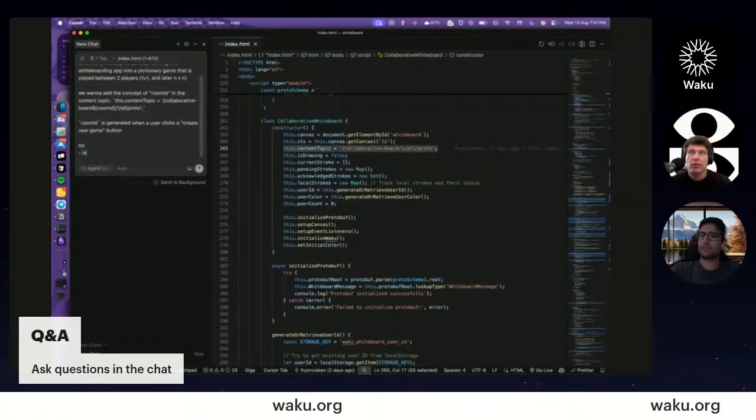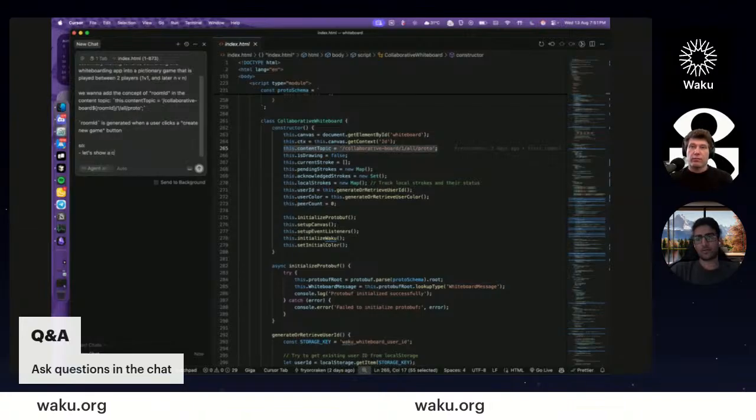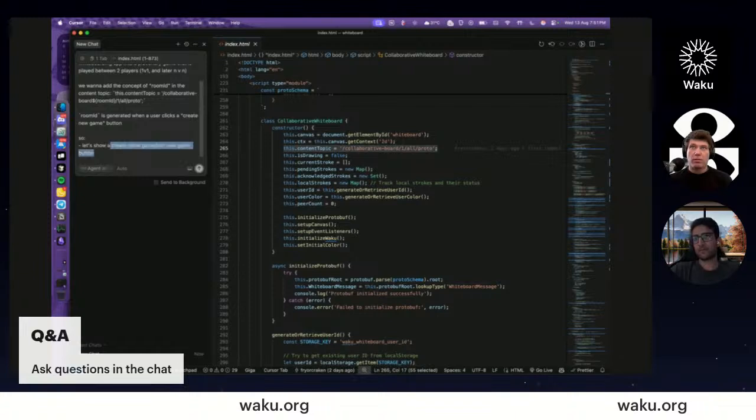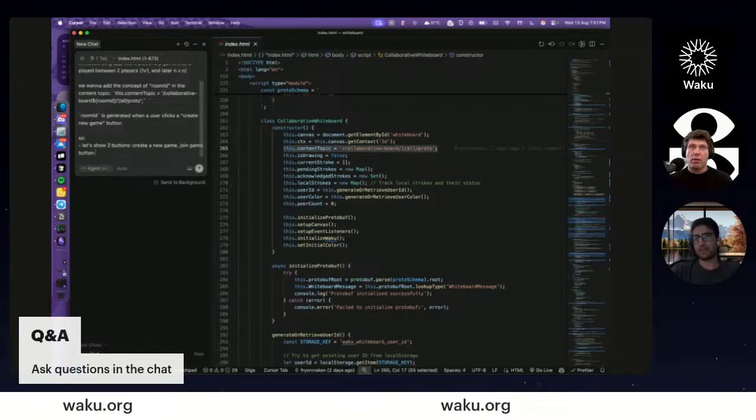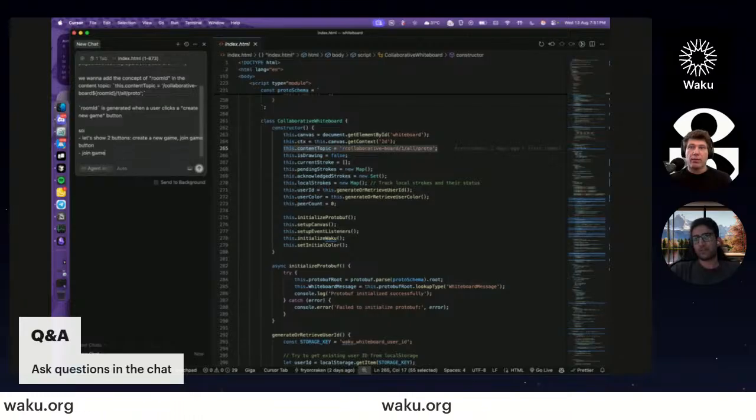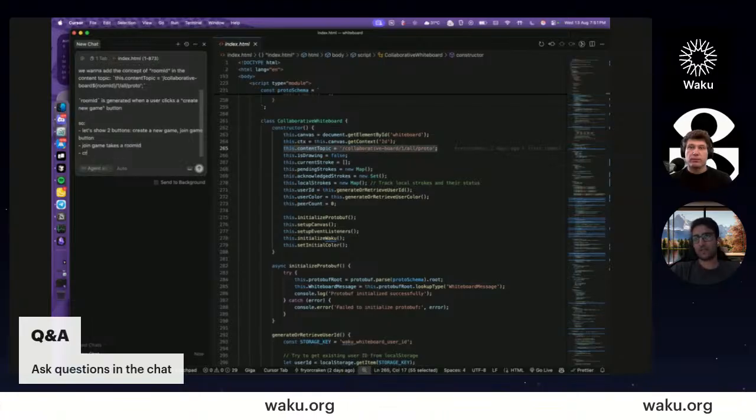So let's show two buttons: a create new game button and a join game button. Join game takes a room ID. Create game